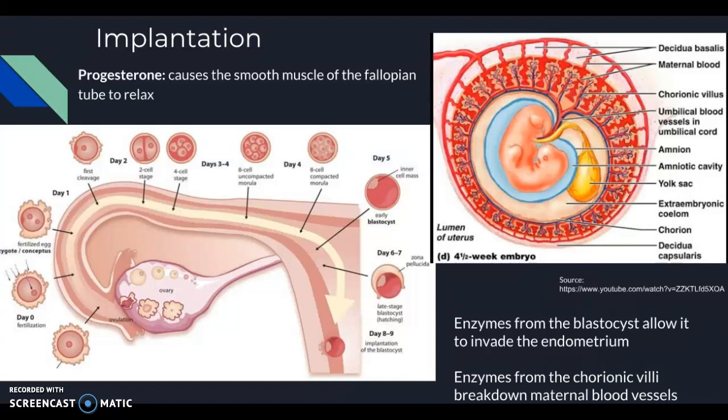The fertilized egg has 23 pairs of maternal and paternal chromosomes that are joined together, which allows it to begin mitosis as it moves from the fallopian tube into the uterus. It's dividing, and so by the time it reaches the uterus, it has about 100 cells. This process takes about 4 to 5 days, and the important hormone to note is progesterone,